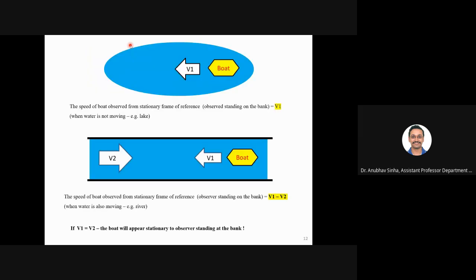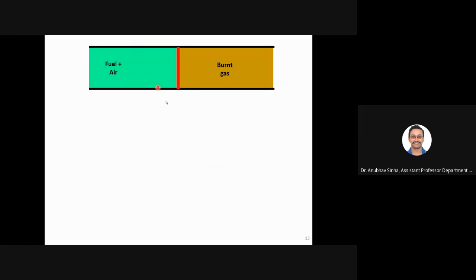Going by the last example, last slide, if I try to use this example for a flame, so if I supply some fixed quantity of fuel per second, which is what is required by the flame, can I hold it stationary or not? Come on, anyone? Sir, we can if burned gases are not expelled from that container or burner, whatever it is. No, no, it will be expanding. See, burnt gases will keep on accumulating.